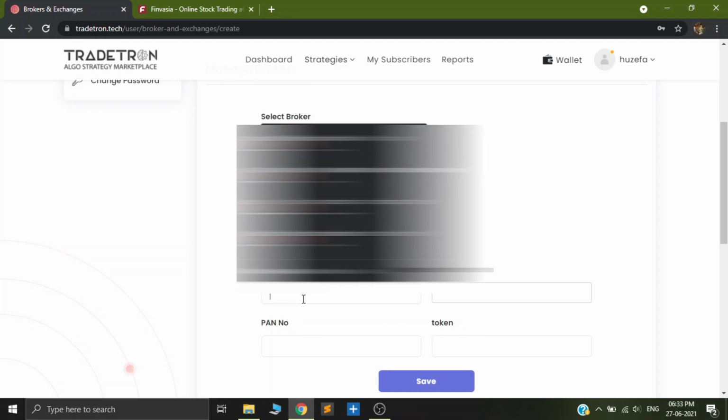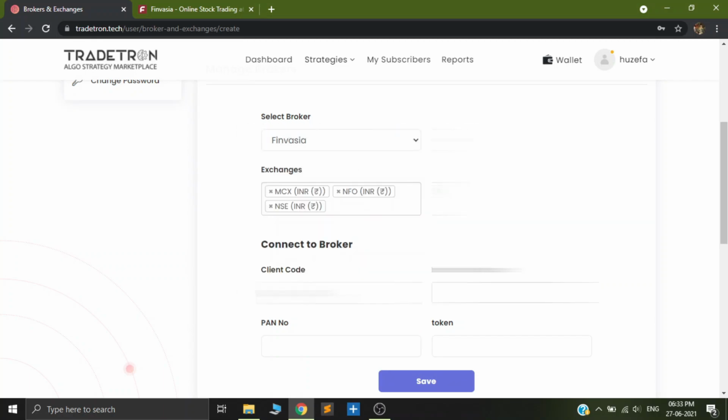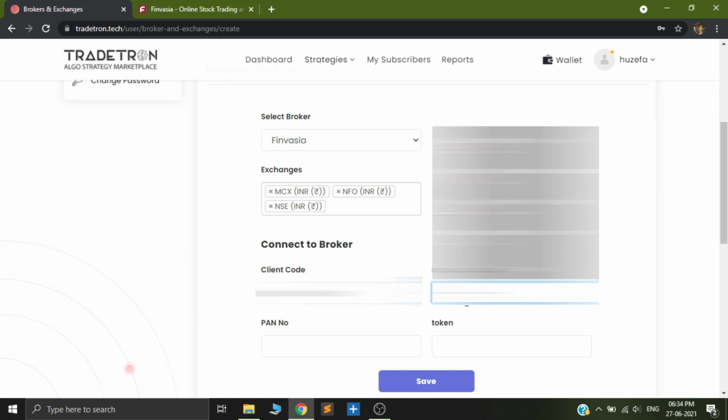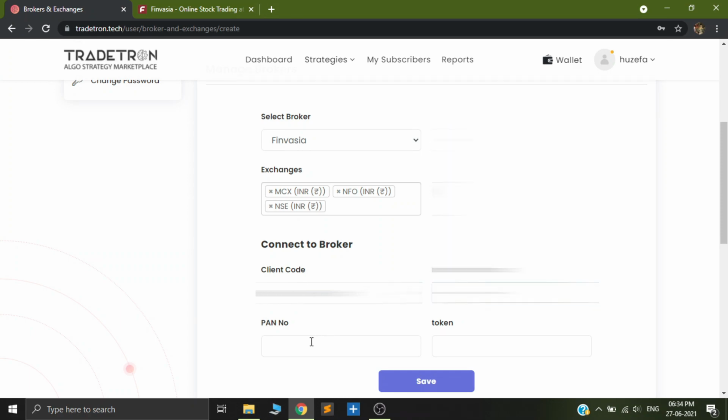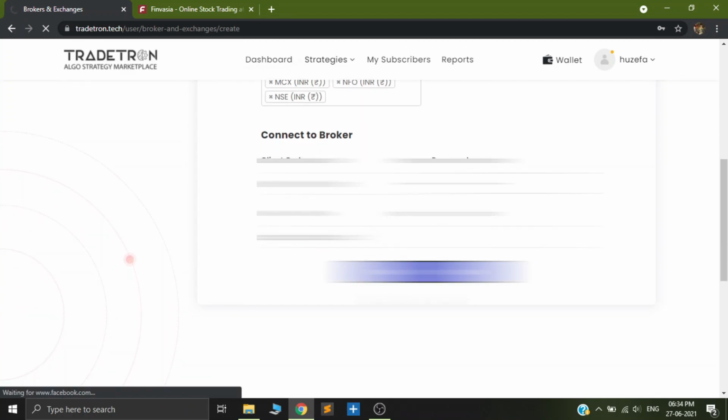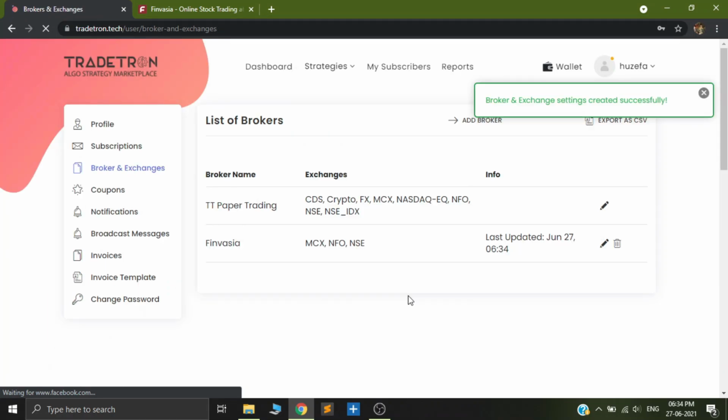So I'll quickly type in my client code and password and my PAN number. And after that, I'll click on save. And there you go. This is how you add your Finvasia broker account with Tradetron.